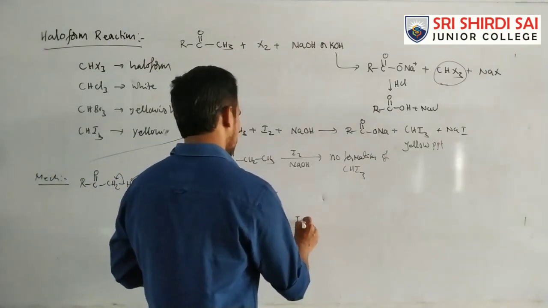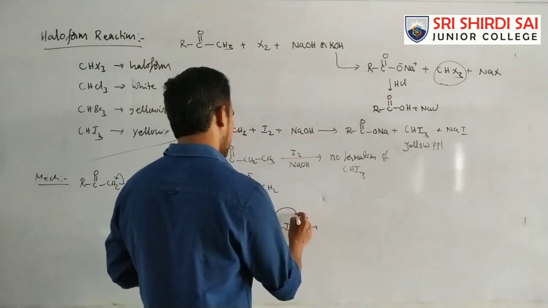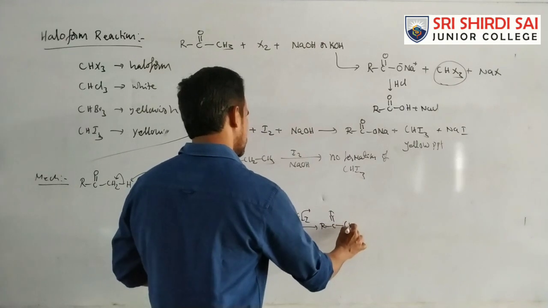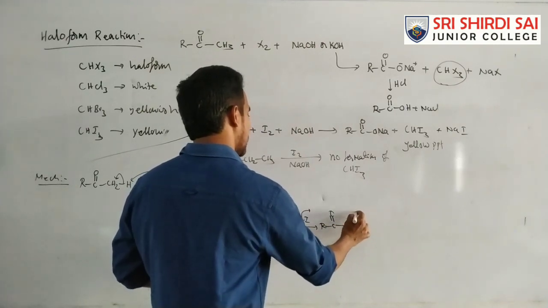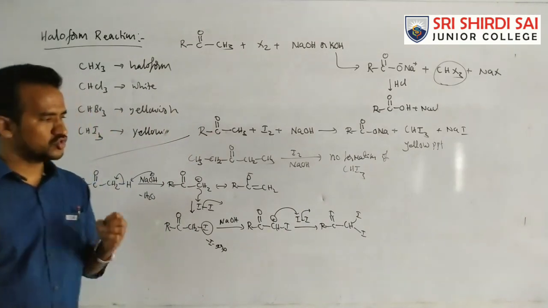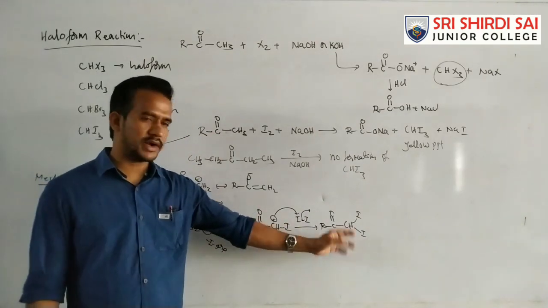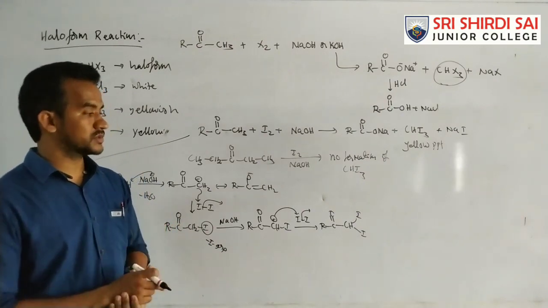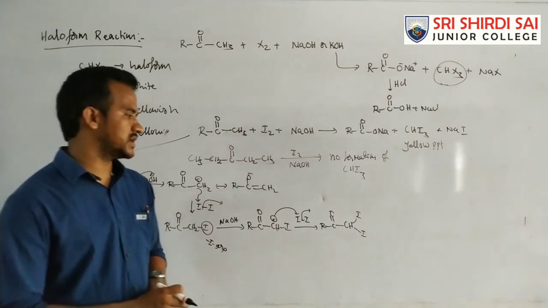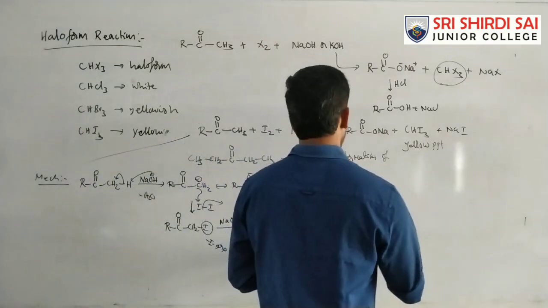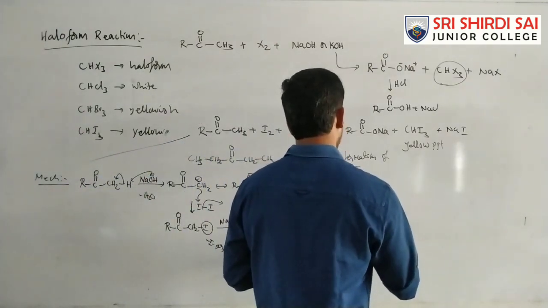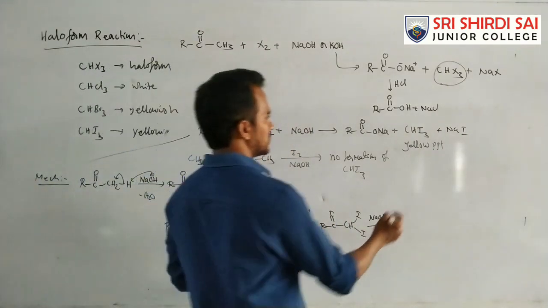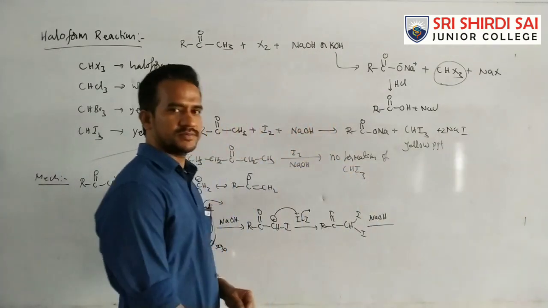Now this carbanion again attacks on the I plus. Double bond O, CH, iodine and iodine. Now here two hydrogens are replaced by the two iodine atoms. Now there is a presence of the two minus I groups, so the presence of the minus I groups increases the acidic nature of hydrogen. So again this one reacts with, you see, I minus, Na plus, the second mole of NaOH.